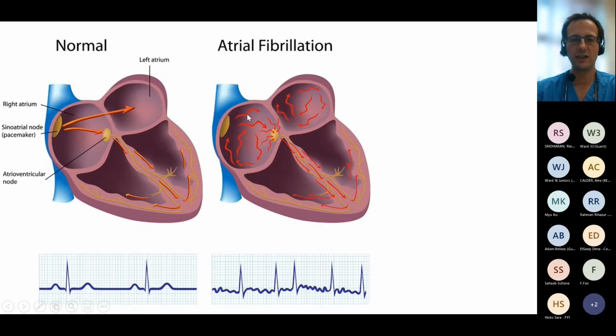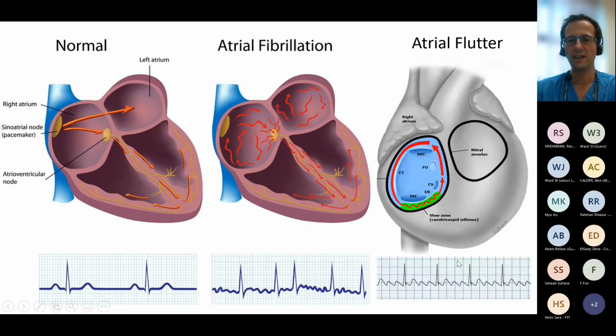And that chaos of electrical activity, sometimes it goes louder towards the AV node, sometimes quieter, and so when it hears the louder ones, it conducts down to the ventricle. So that's atrial fibrillation, this chaotic rhythm that is very hard to fix, but is often relatively easy to rate control and we anticoagulate. Atrial flutter, on the other hand, is a circuit going round and round and round in